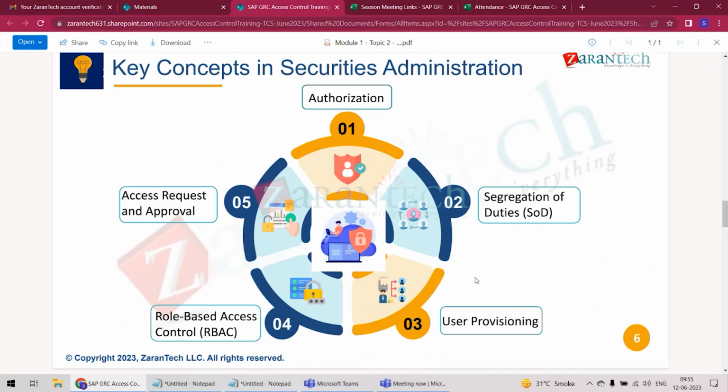Okay. So segregation of duty is basically that there are some compliance rules defined where, if somebody has a set of transactions, a set of authorizations from different domains or different areas,